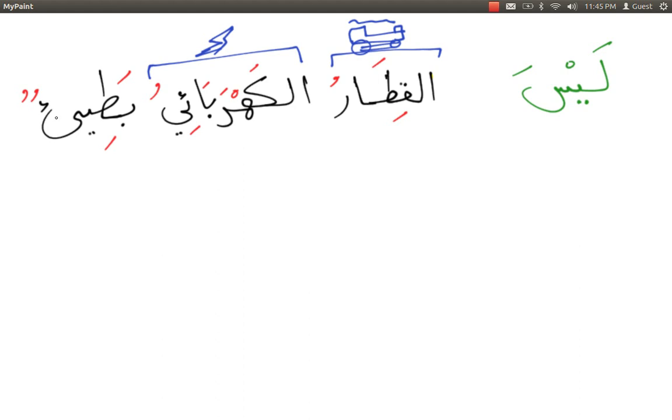Now we said, if you remember from the last lesson, this is the subject, and since this word has L just like the subject, this is the adjective of this subject, which is electric, and this one does not have the L. This is the piece of news or piece of information for قطار, which is the subject here in this sentence,